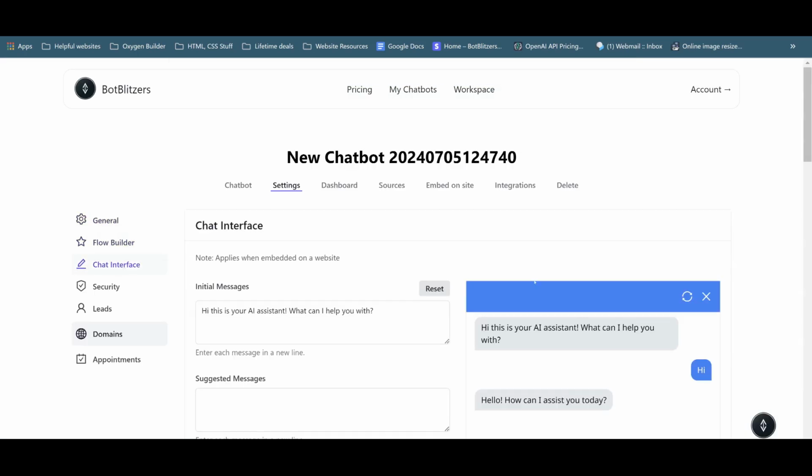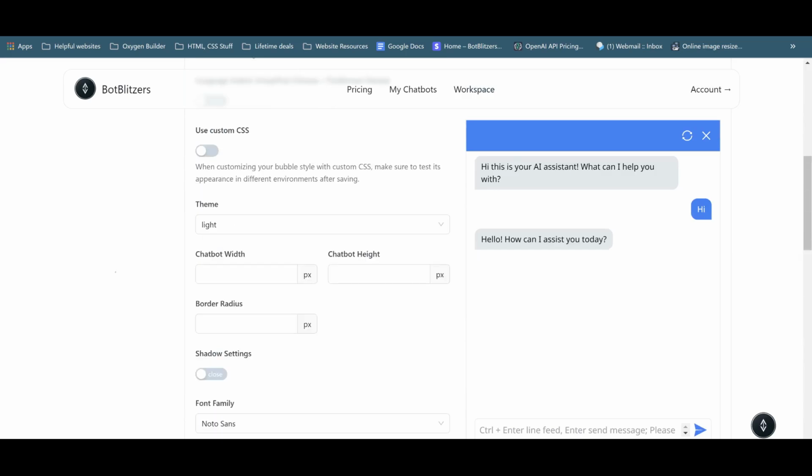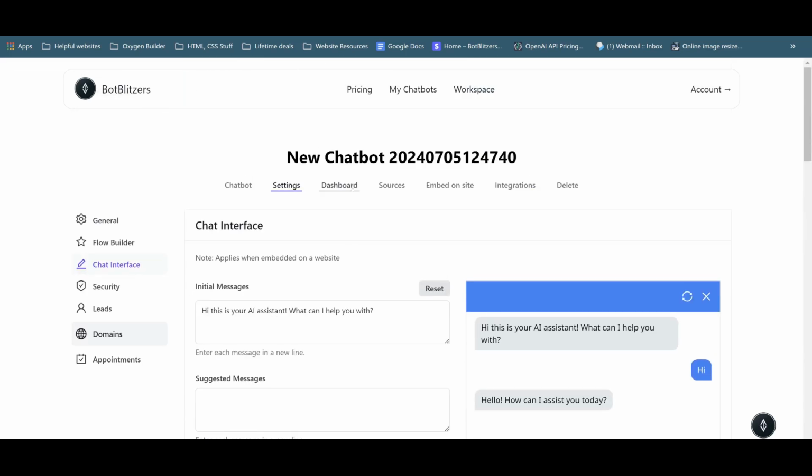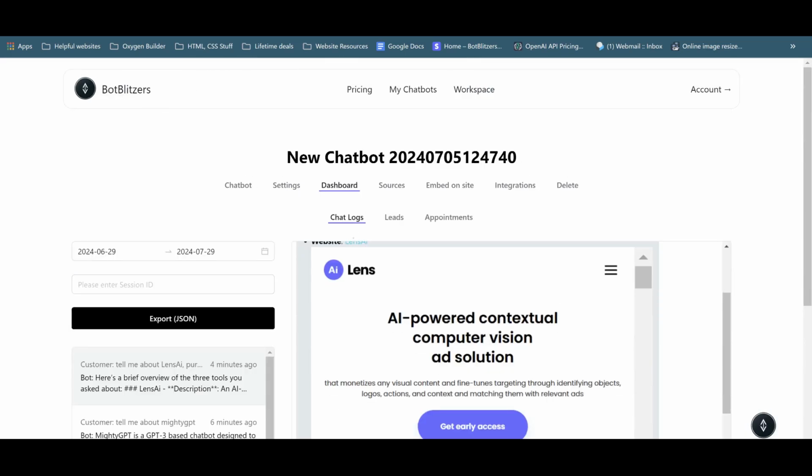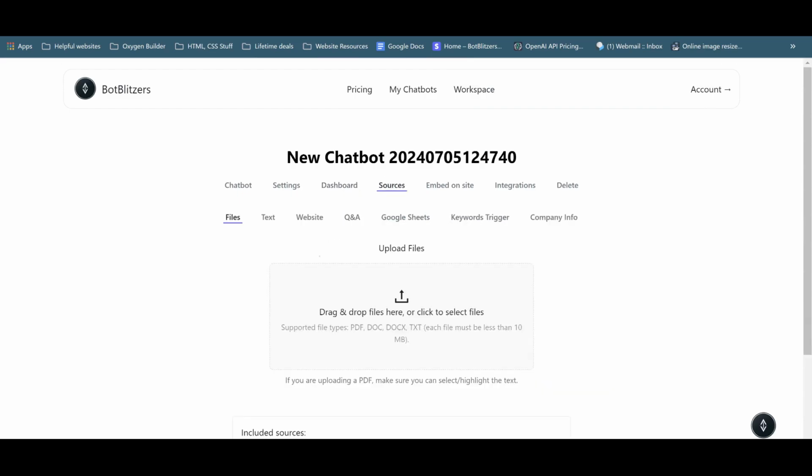You can change the look of your chatbot. I have gone over all of this in another video. You can see all your chat logs, grab leads, appointments. You can add extra data sources, which kind of leads me on to Google Sheets. So there is a few more things you can actually do in Google Sheets. So let's go through them. So if you go to Google Sheets,